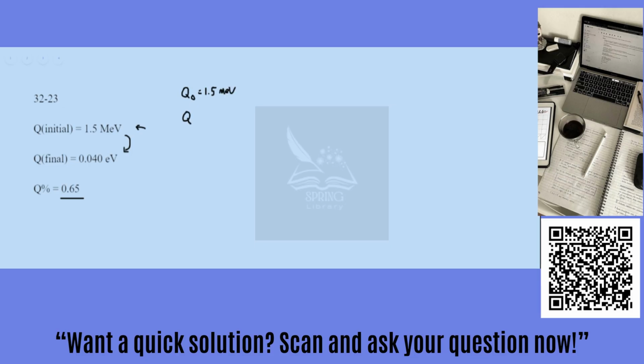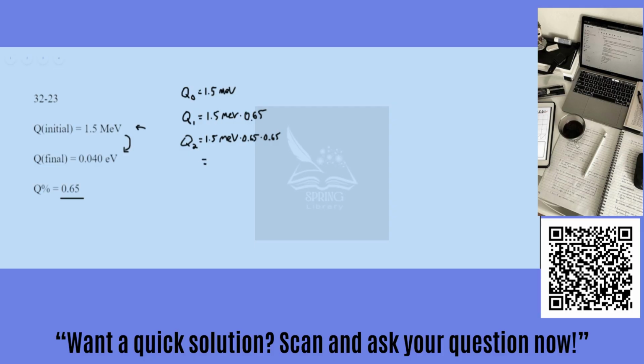Once it makes one collision, we can say it has 1.5 MeV times the percent ratio that it maintains, which is 65%. And again, upon the second collision, it has 1.5 MeV times what it had before colliding. And again, with another collision, another 0.65 is maintained,